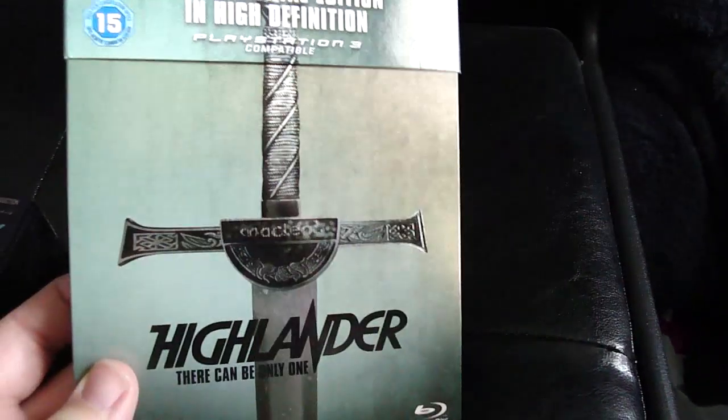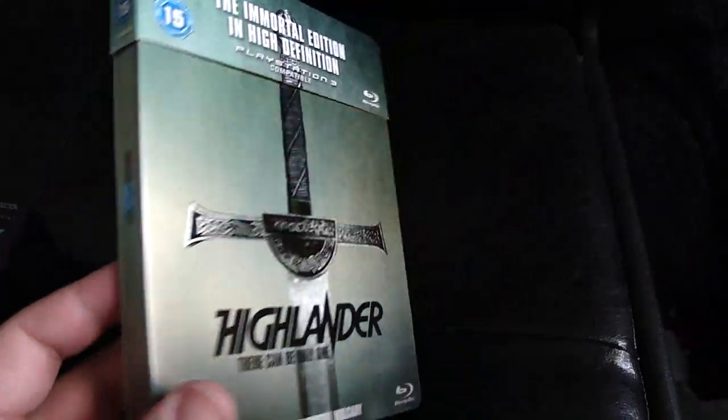I only said I was going to buy one more Blu-ray this month because I spent too much, and when I went to buy it I found there was another film out that I really wanted, so I picked that up as well. And I bought another one today because it was another one where I really wanted it and would only buy it when it got to a decent price, and lo and behold it got to a decent price. So first we'll show the one that I actually wanted to buy, which is the Steelbook Immortal Edition of